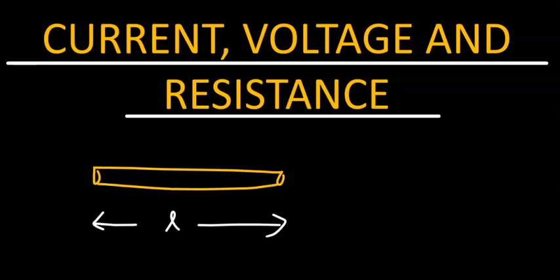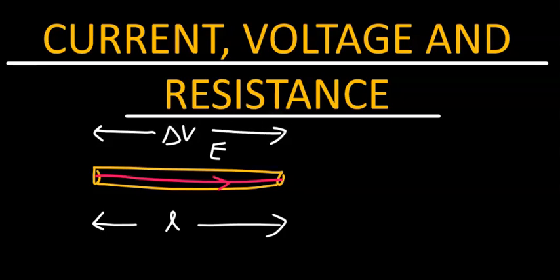Now we set up electric fields throughout the length of this conductor. Let's call that electric field E. The existence of this electric field would cause a potential difference between the ends of this rod. The existence of electric field and therefore the potential difference would cause the electrons within the conductor to move, and